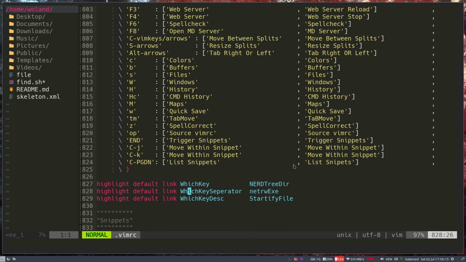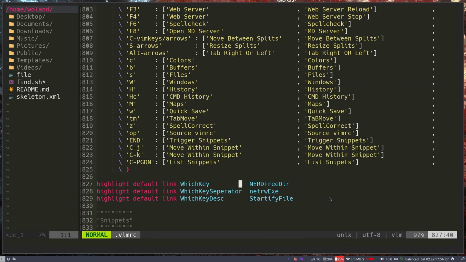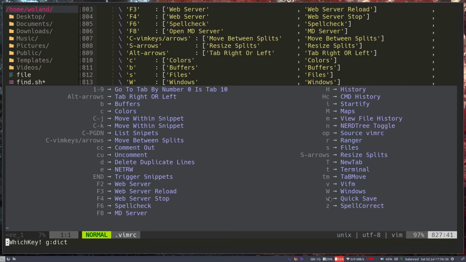These are options for the colors for the which key window. As you can see, the functions are purple, the arrows are whitish, and this is grayish. Although this is the way that Monokai is interpreting these colors. In case your colors for the which keys are off, a person told me that his which key help menu is really